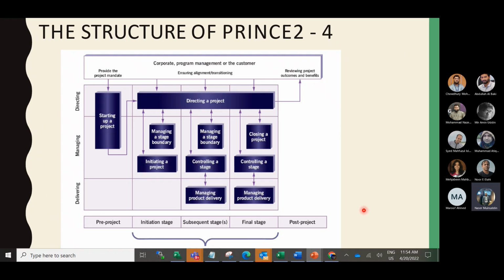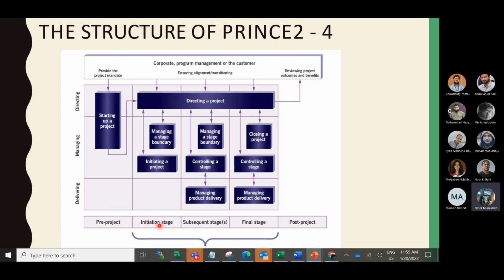Now we are discussing the diagram here. If you look at the project, the bottom part is the pre-project. That means before initiating any project, there is one phase called the pre-project.